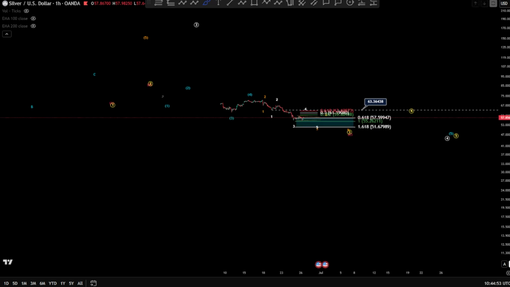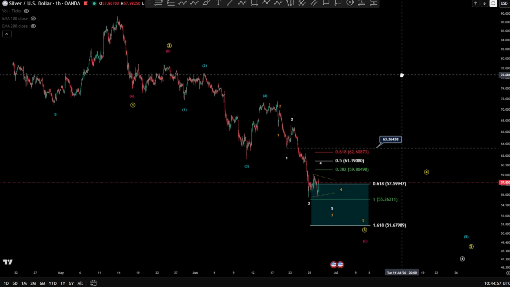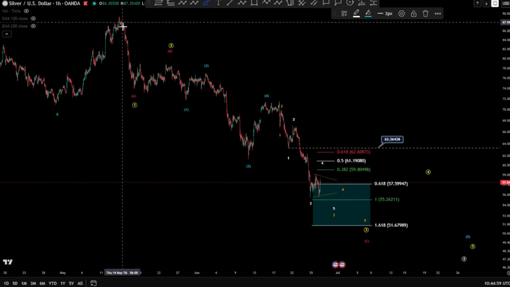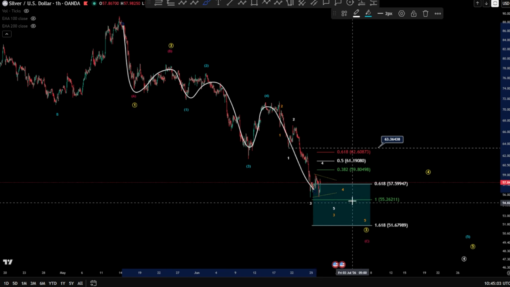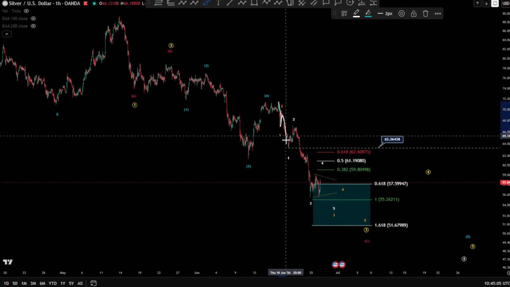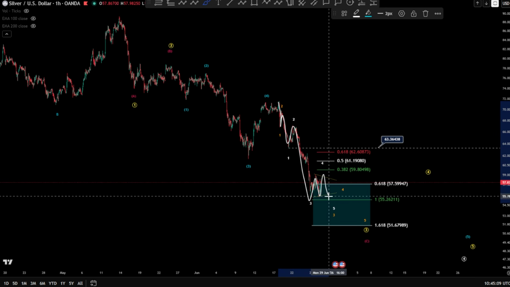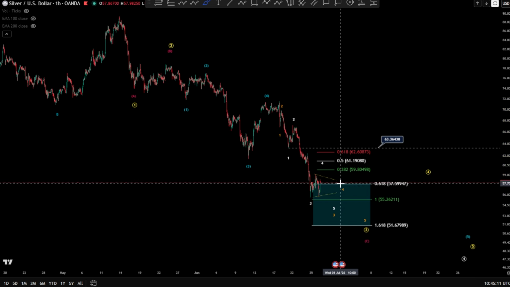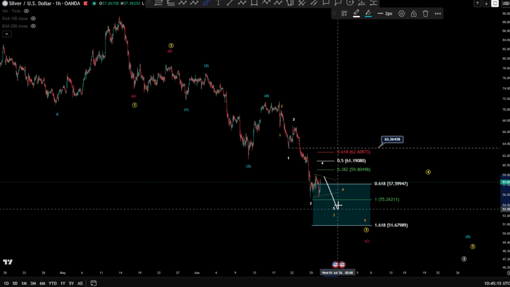So on the 1 hour chart, micro level for the silver, we are looking also at this trend toward the downside still here as a 1, 2, 1, 2, 3, 4 and a 5. The wave 5 is still unfinished where you have double 1, 2 and a large wave 3. Wave 4 is unfolding very likely in a triangle form, and we might push toward the downside and then 4